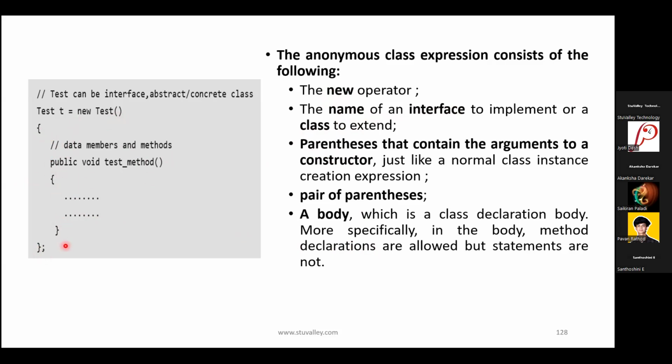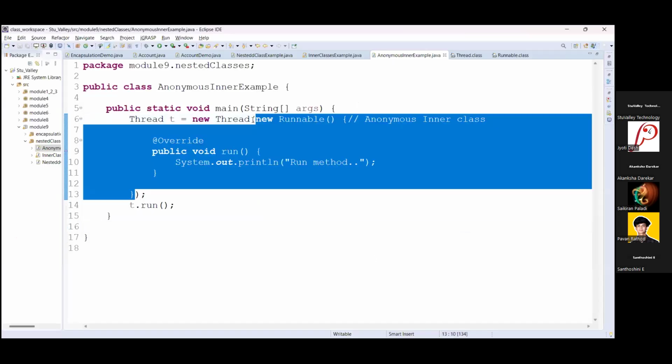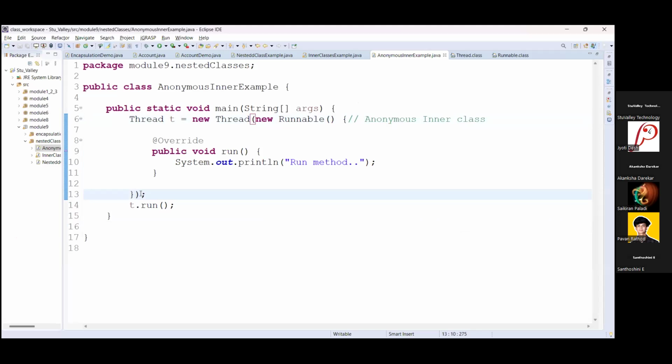Inside that we are defining any methods which are overridden methods of interface or class. Okay. Or any other methods. Okay. And this is known as the body of the anonymous inner class that should end with the semicolon. यहाँ पे हमने directly constructor के call में ही लिखा है class. ठीक है. This is a constructor call itself, but you can create